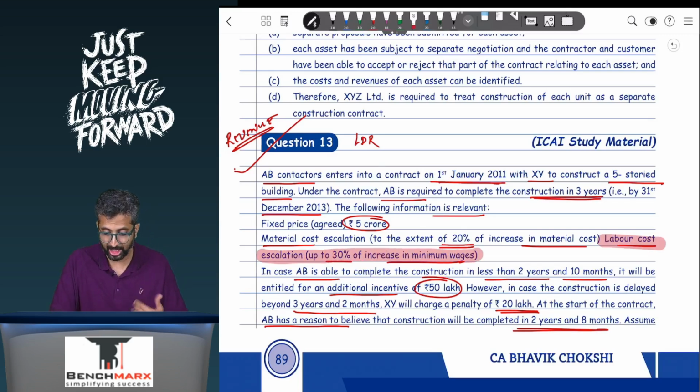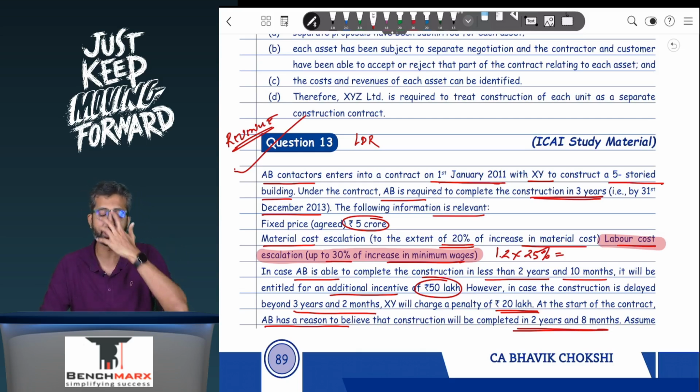Now, you are getting compensation up to 30% of increase, but the increase is not 30%. If the increase is 25%, you will get compensation based on 25% only. So, 1.2 crores into 25%. One can say increases to be compensated up to 30%. Up to 30. Actual increase is 25, so you will get up to 25% only. So this is 1.2 into 25% comes to I think 0.3. This is also what I'm going to get from the customer, and hence it will be a part of my